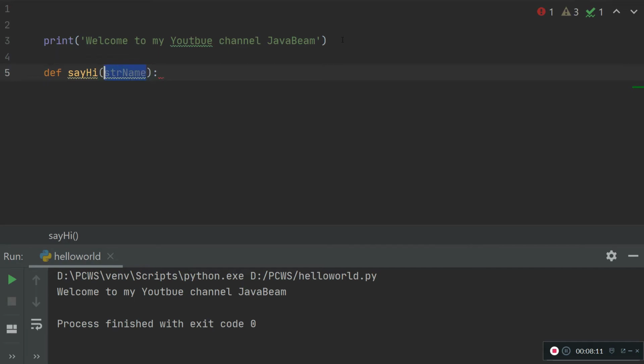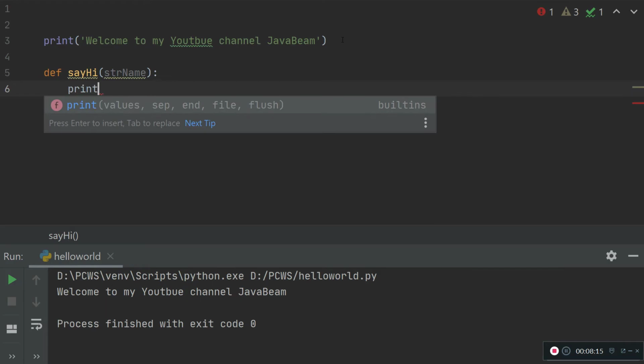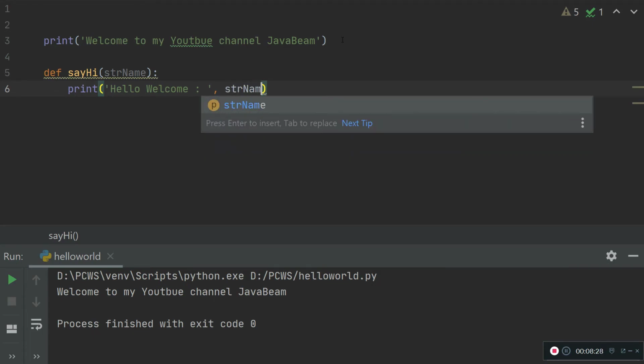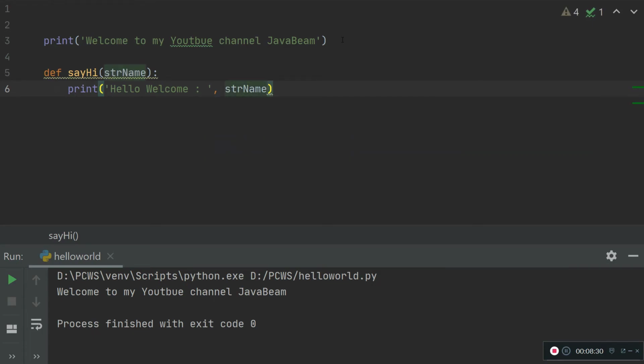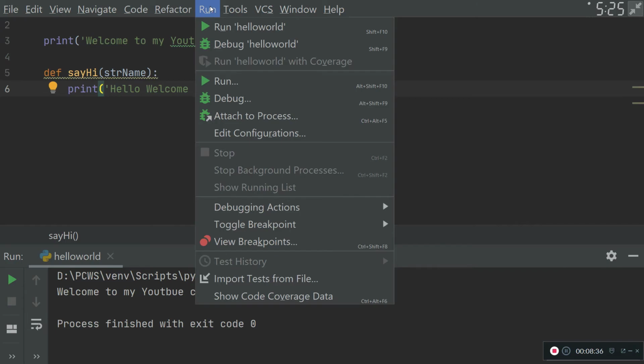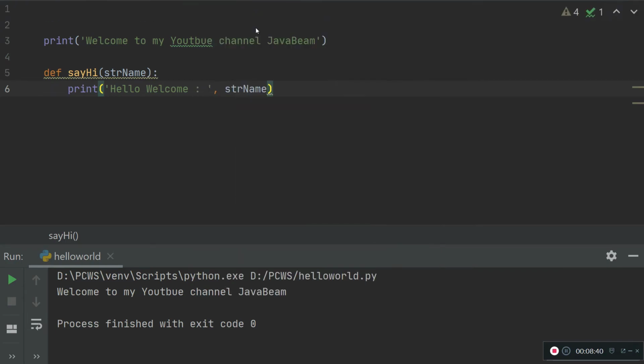Okay, and here I am printing hello, welcome, and some name. So str name here I will display, and just save, and same thing to run. Go to the run menu, and now it is showing run hello world. Click OK.